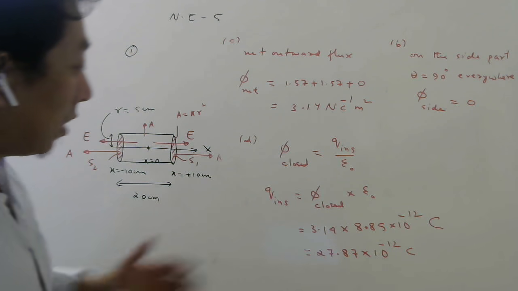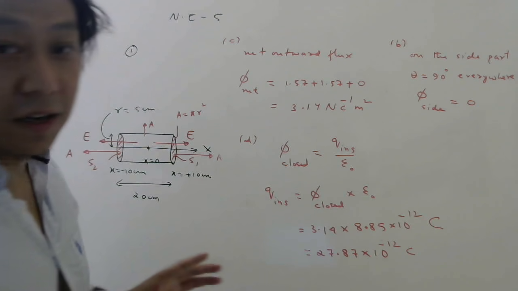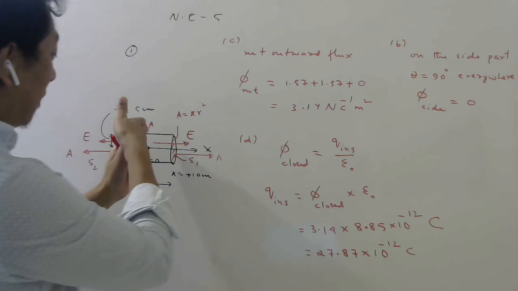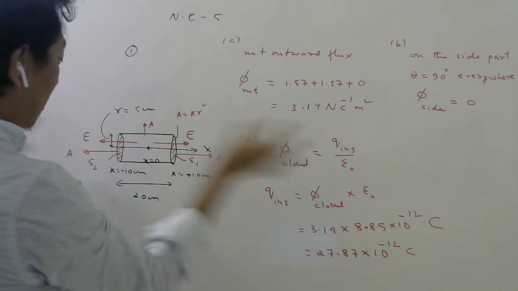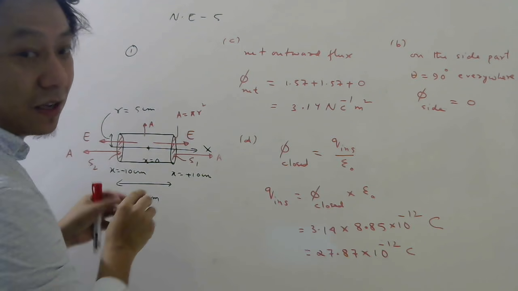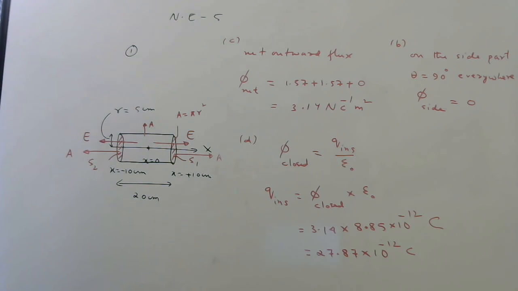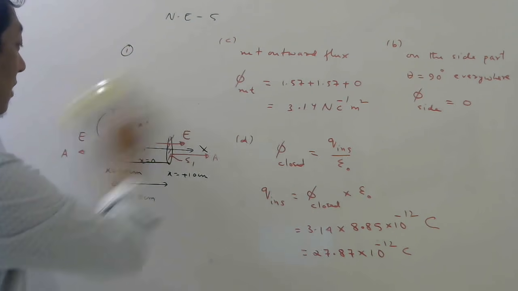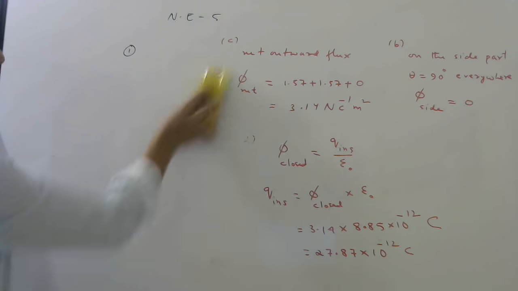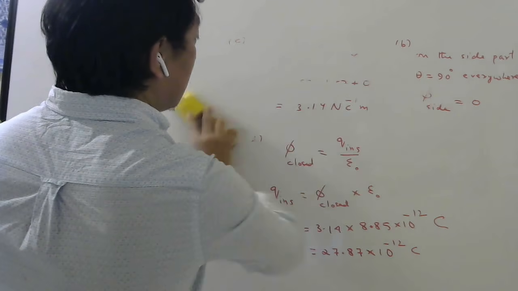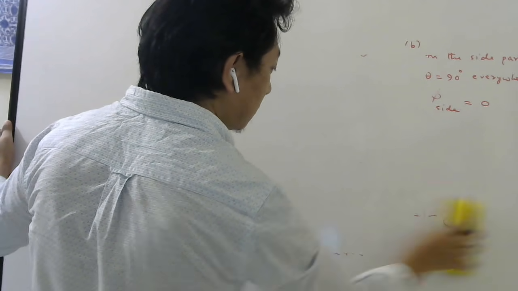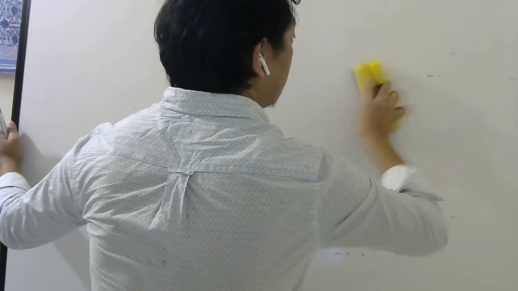Now, how do I know that there must be charge inside? There has to be charge inside, because the lines of electric field are going like this, no? So there must be some positive charge inside. Then only the electric field lines can come out. Okay? Fine or not? So this is how, once you know the net flux through the surface, you can easily find the charge inside the closed surface. Okay? So this is question number 1 of the numerical exercise. Let us now see question number 2.